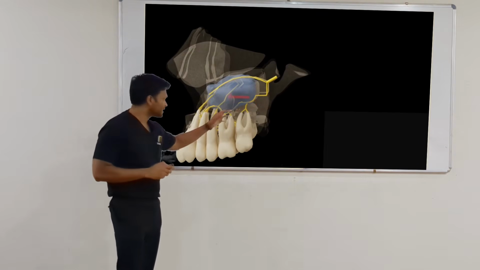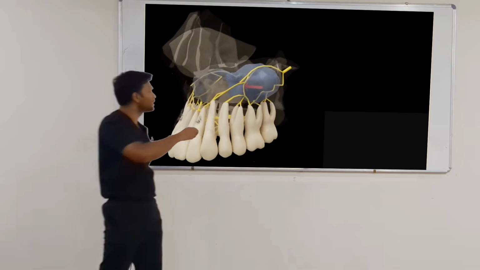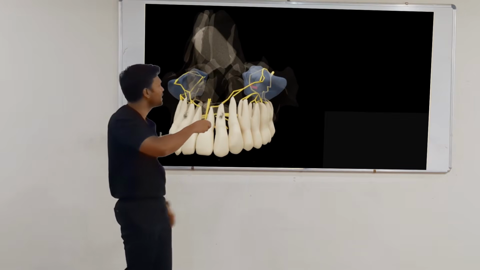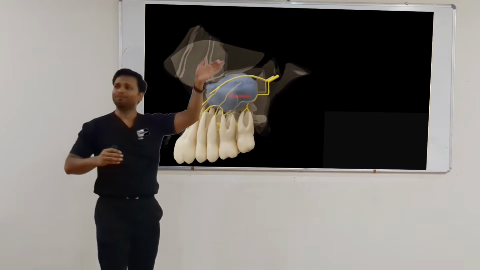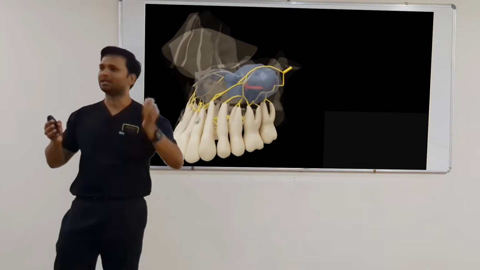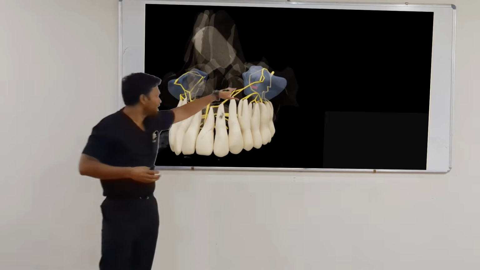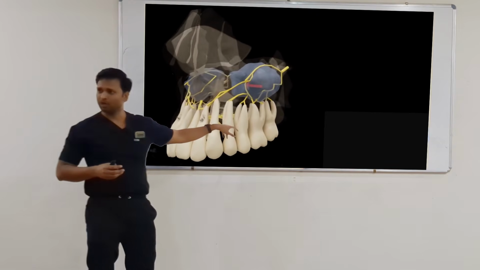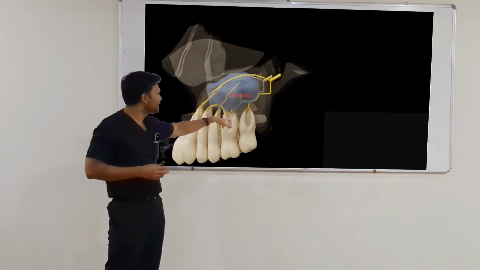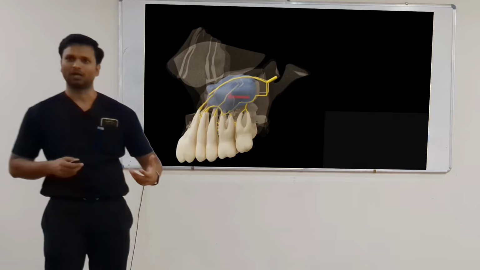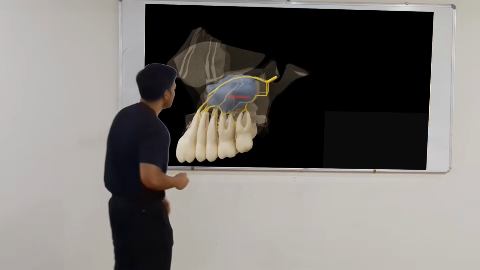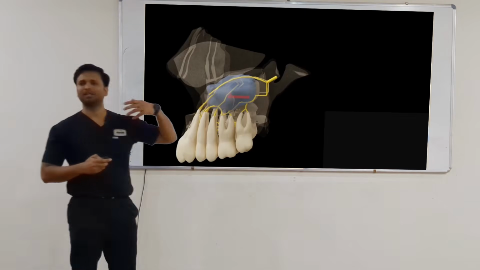Now that was the PSA nerve. And now the middle superior alveolar nerve, it branches out from the infraorbital nerve in the infraorbital canal. Okay. And it travels along the medial wall of the maxillary sinus. It comes from the inner side. And it comes down and supplies the two premolars, pulpal anesthesia. And in 28% of the cases, the mesiobuccal root of the first molar. Okay. So this was the MSA, middle superior alveolar.